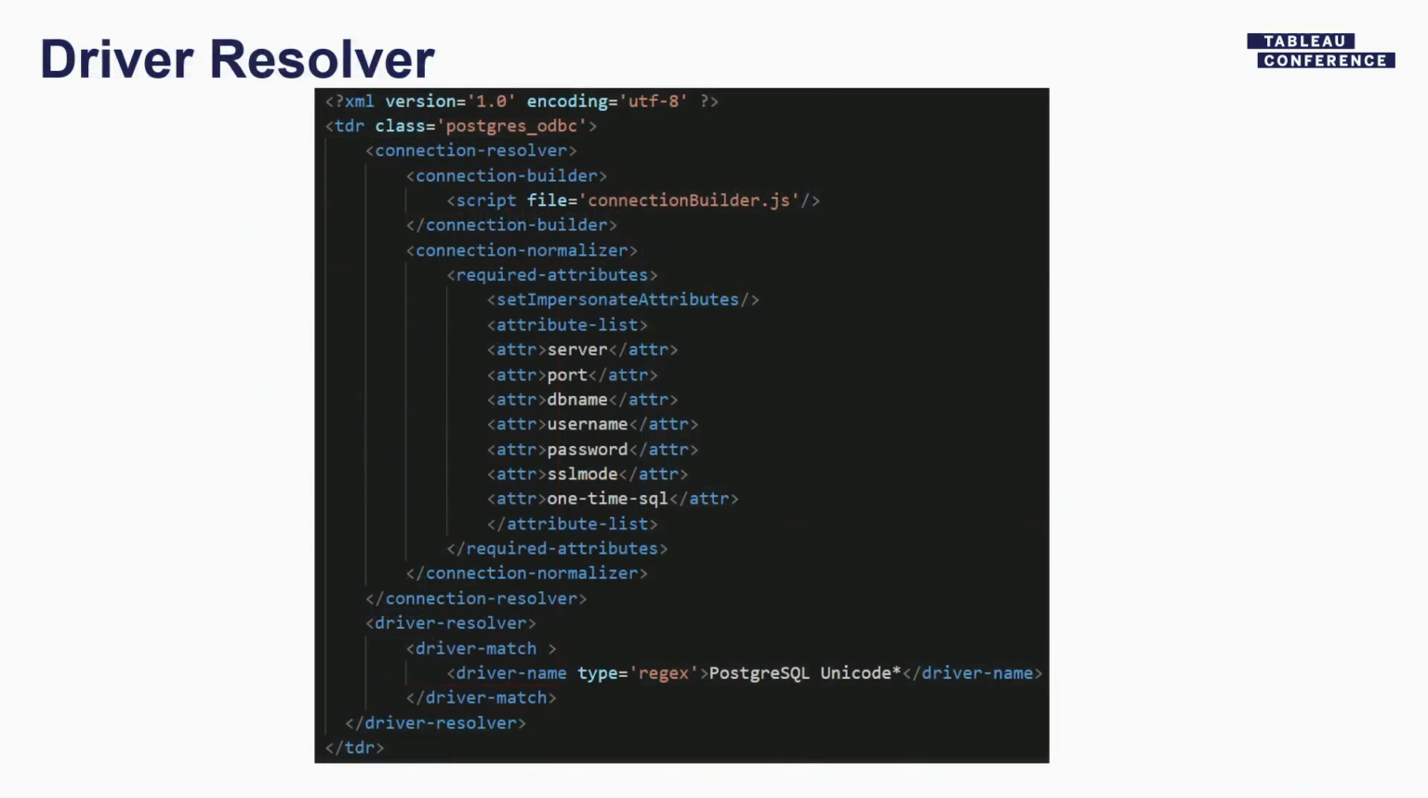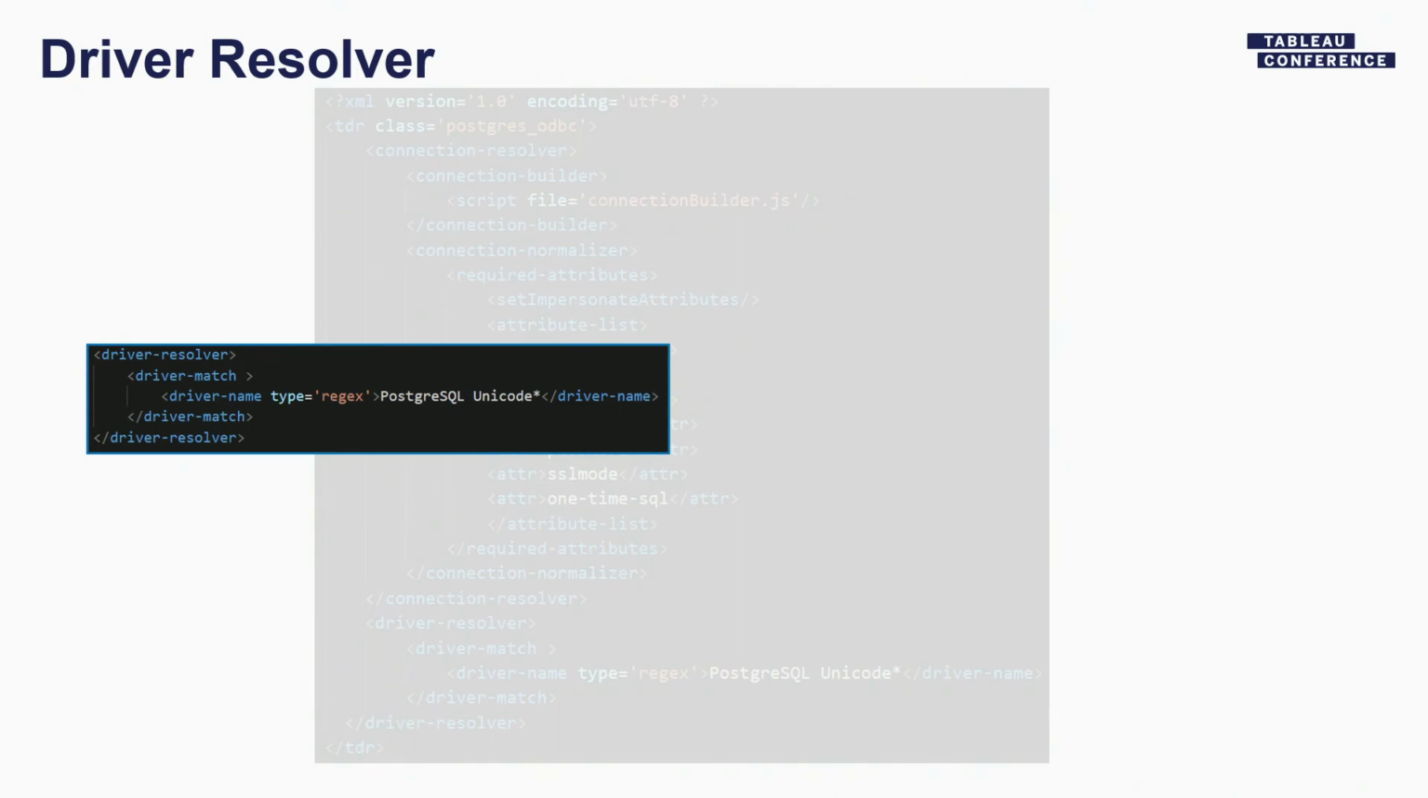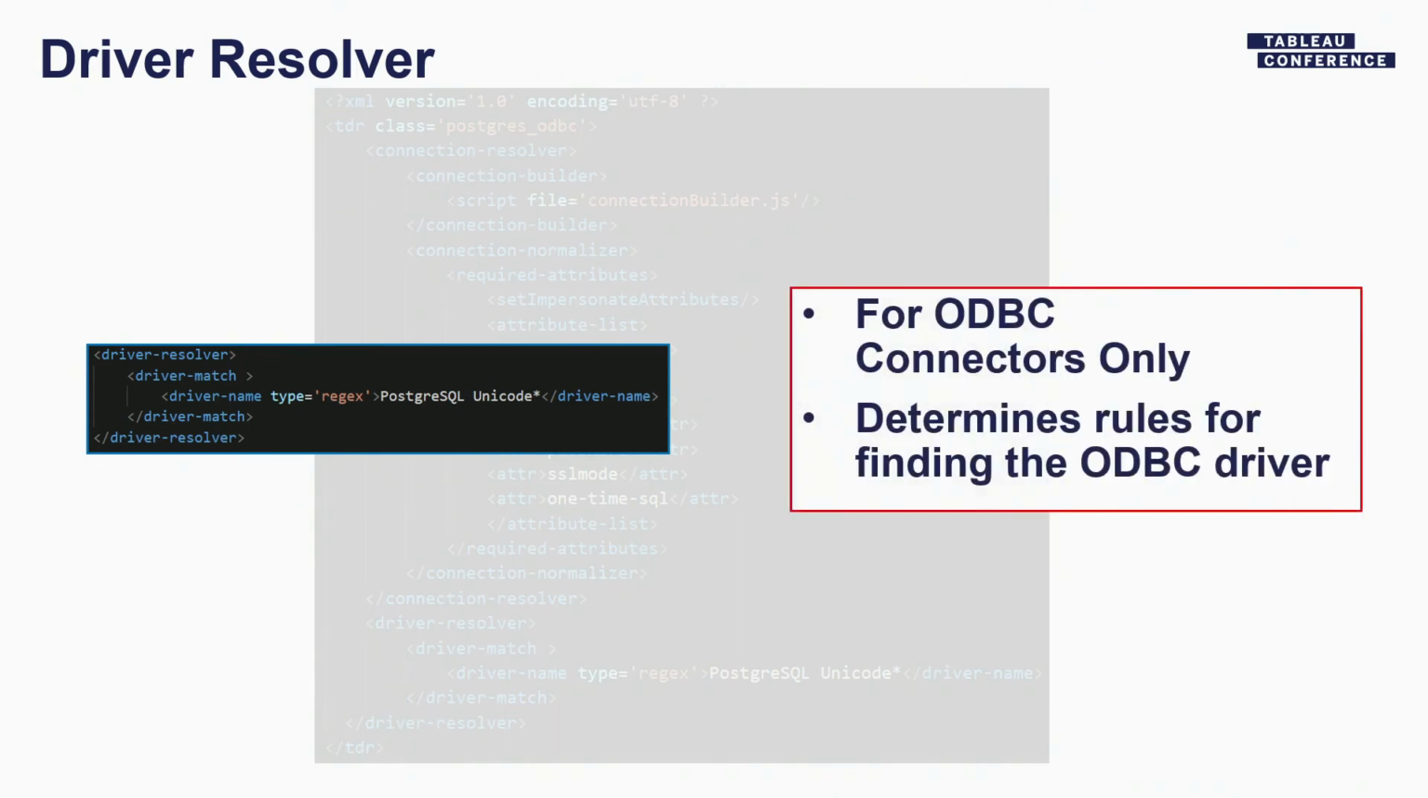And so the next component that lives at the bottom of the TDR file is the driver resolver. And this is an ODBC-only concept. And what it does is it defines the rules that Tableau will use to get your driver. In this example,